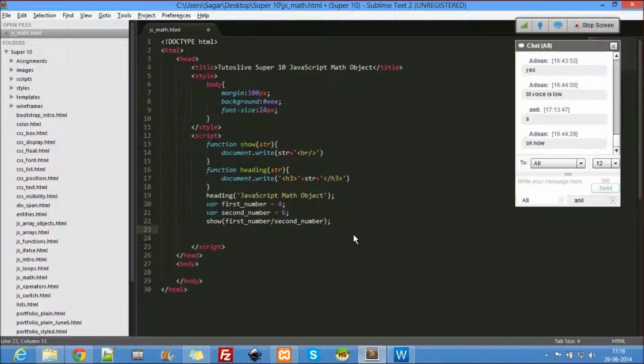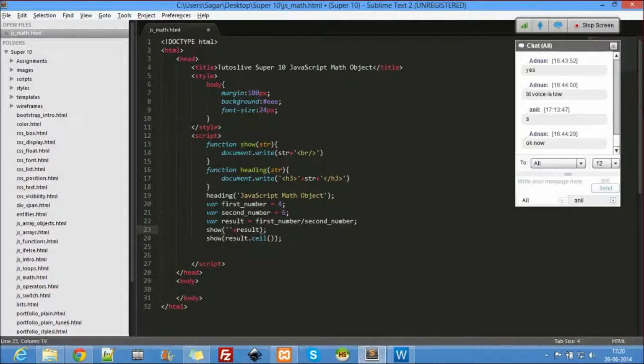So what I really do now here is, instead of this, I'll say var result equal to, now let's see, show result dot ceil. The first function. So I'll just show that here.